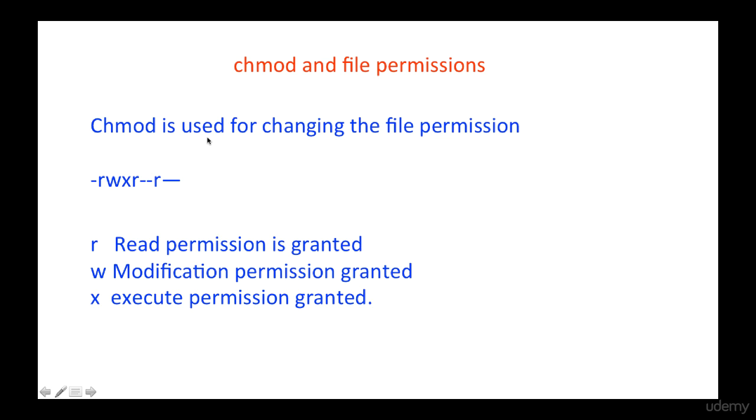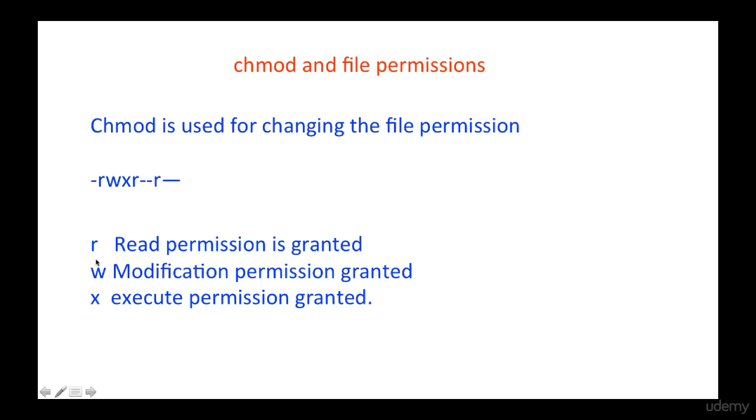Typically, when you create any file and look at the file permissions with a command like ls -la or ls -l, which is a long listing in ls, you will see the permissions like this. What this means is that this bit is read, this bit is write, and this bit is execute. So that's what I have mentioned here.